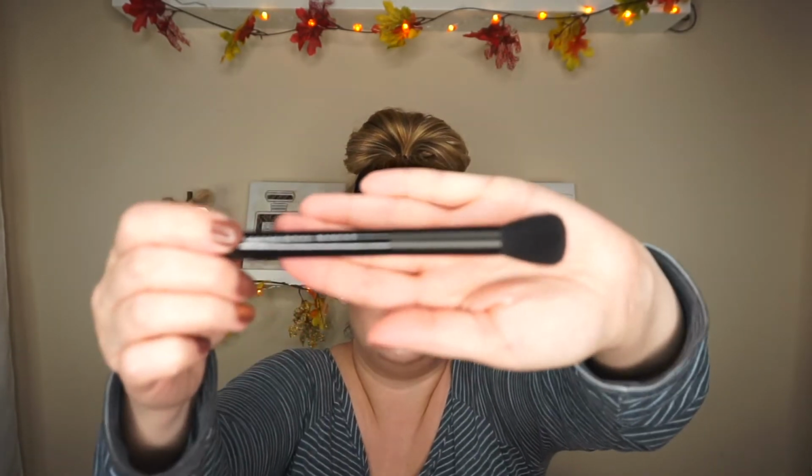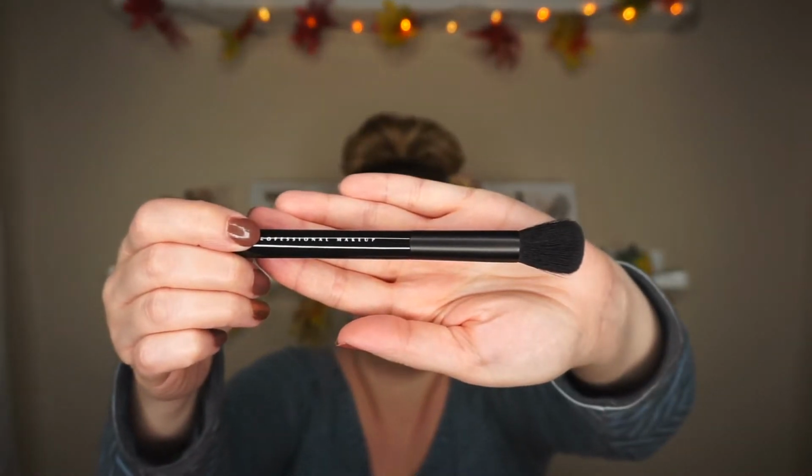The next item that I see is you either would get a NYX brush or an e.l.f. brush. They had an e.l.f. highlighting brush or a NYX brush. I got the NYX brush. It's the Pro Contour brush, and that is what it looks like. Very nice. Very soft. This retails for $14 at